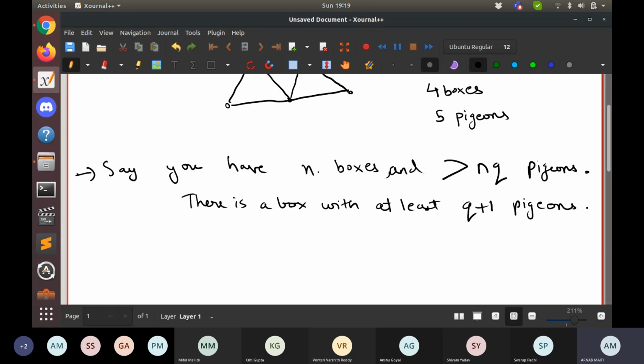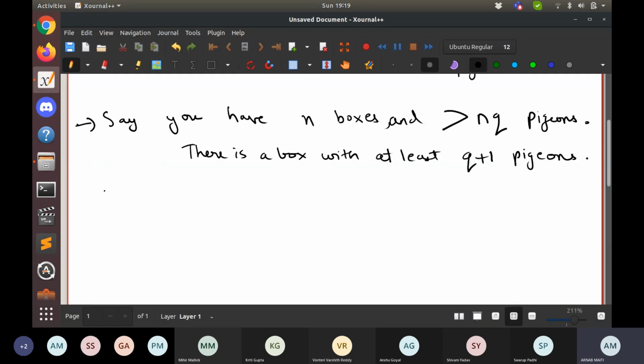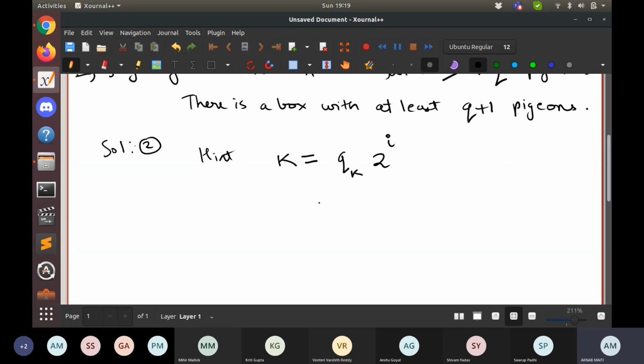I'll write it here. So this hint you can say: any number k can be represented in the form qk times 2 to the power i, where the index i can be anything, and qk is an odd number, and i is some number greater than or equal to 0.